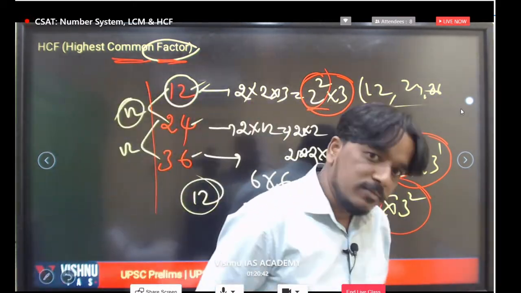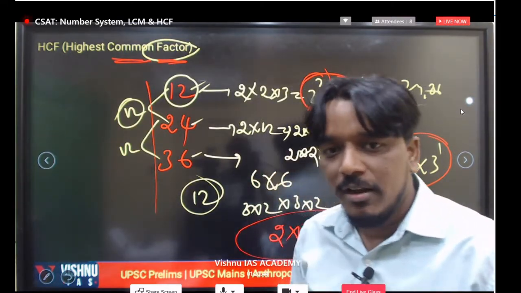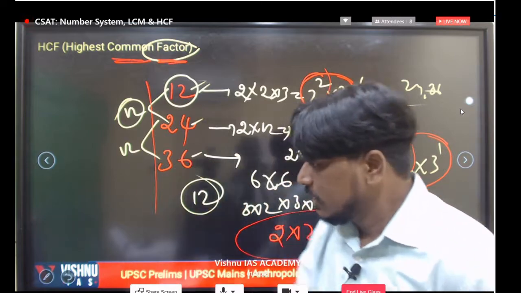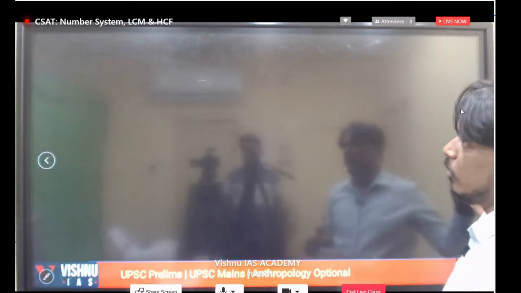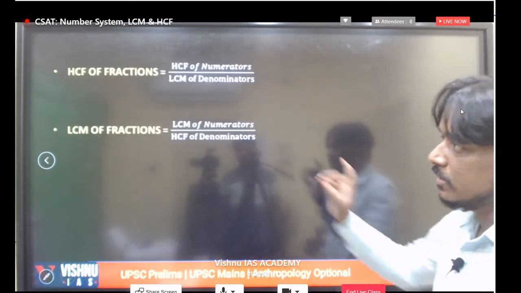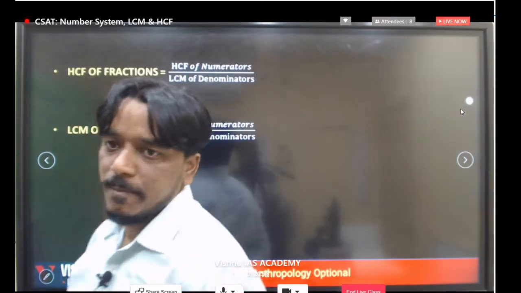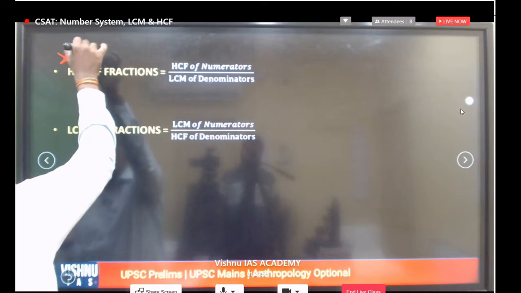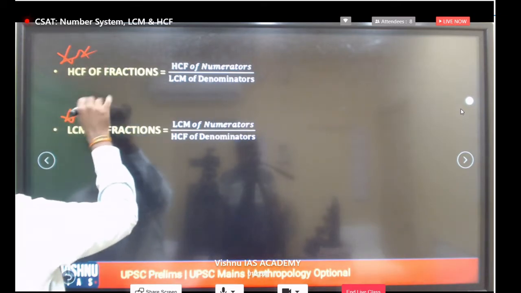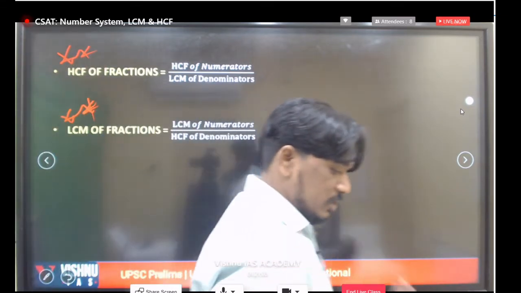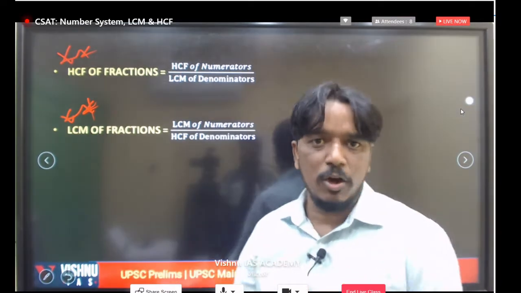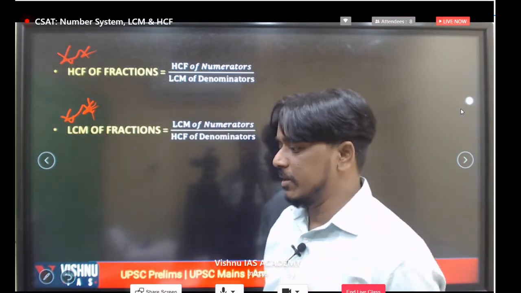But in UPSC level, what type of questions are we getting? That is what we will directly focus on, because those types of questions are very, very important. These 2 points are very, very important. Just remember these points. In any previous year question, most of the cases we are applying only these logics. Our basic LCM and HCF, how to find it, we'll see, but obviously these 2 points are very important.